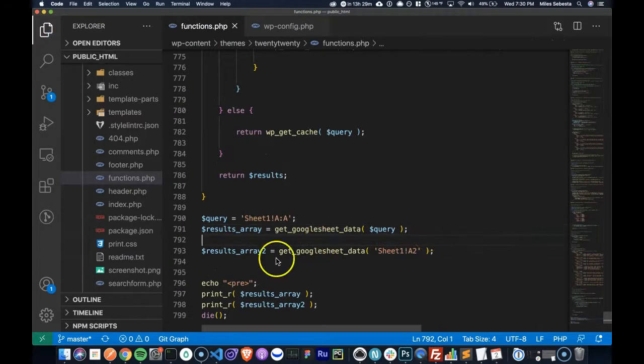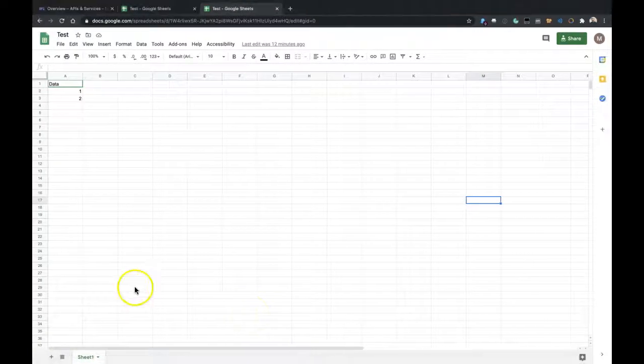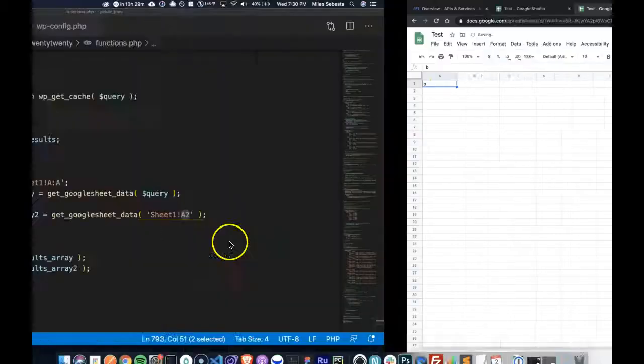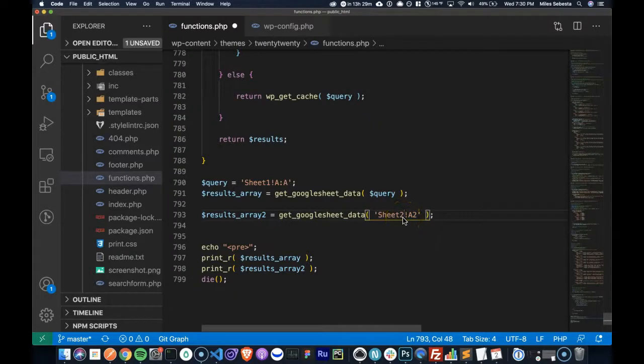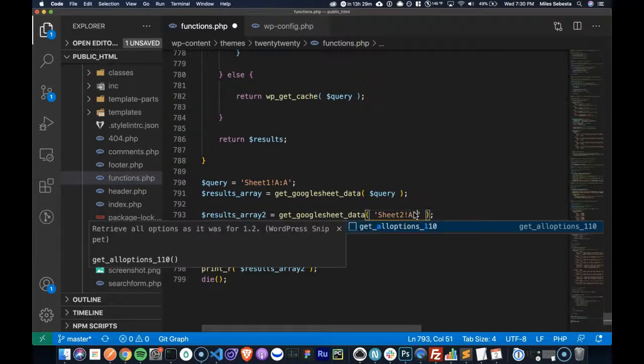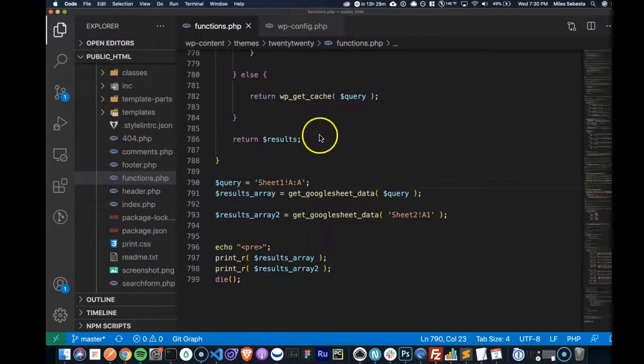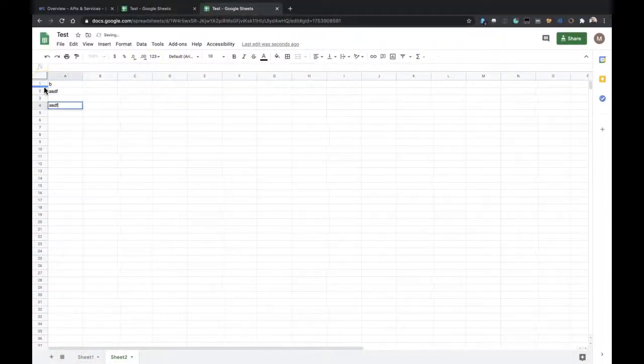So one of them is doing the where I set the query this way. This one is doing it directly into my Google Sheet. So what I'm doing is I'm looking for sheet 1 and I'm looking for A2. Now, let's say I wanted to have another sheet, sheet 2. Let's say I wanted this B right here on this second sheet. All I'd have to do is that I'd go to sheet 2, exclamation point, and then that is A1, like so. There you go.